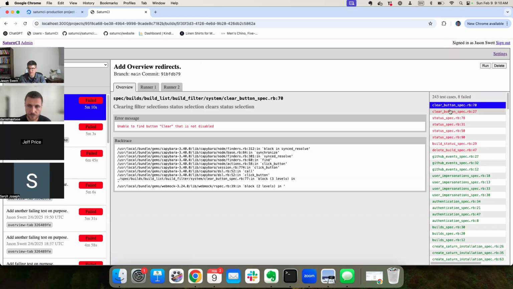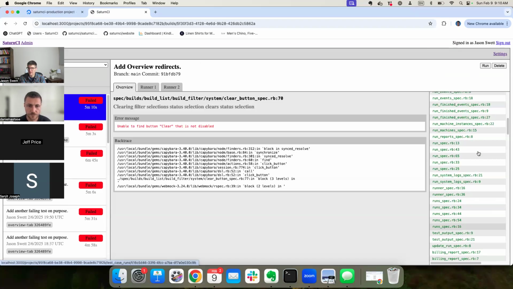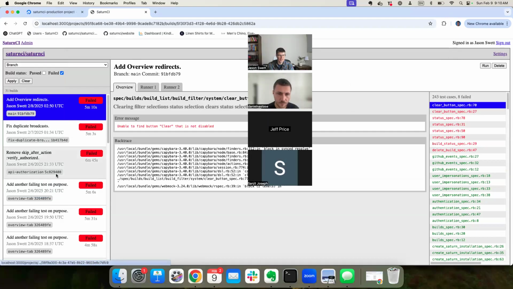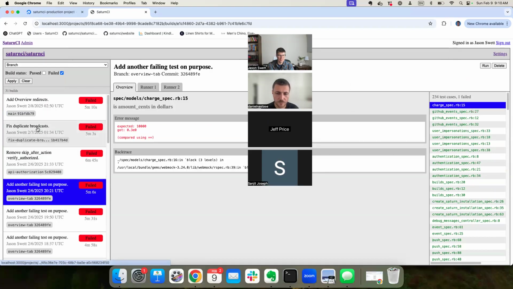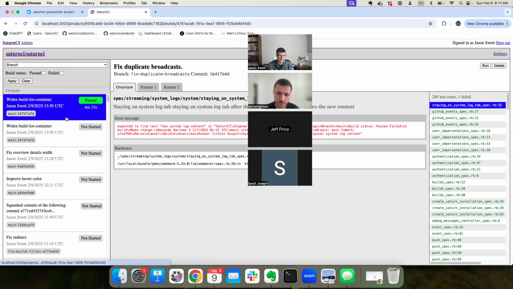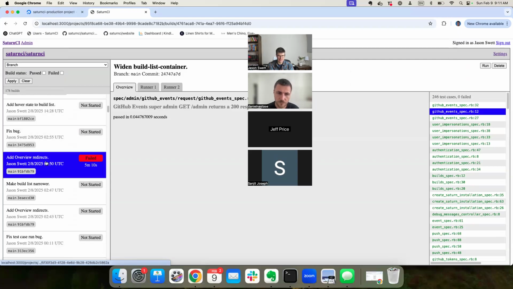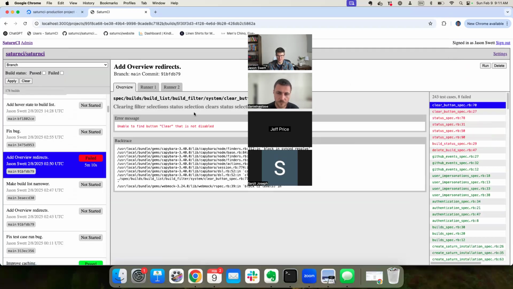You can see on the right-hand side there, first of all, it has all of the test cases in the whole test suite here. And if there are any failures, it groups the failures at the top. Furthermore, when you click into a build, I happen to be looking at all the failed ones right now, but I'll go to a different one. Okay, so when you click into a build, it takes you straight to the first failure,